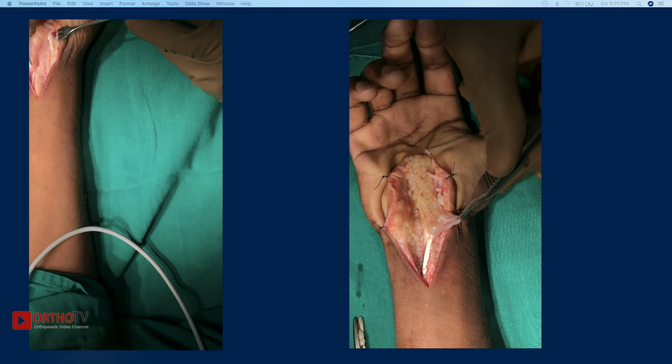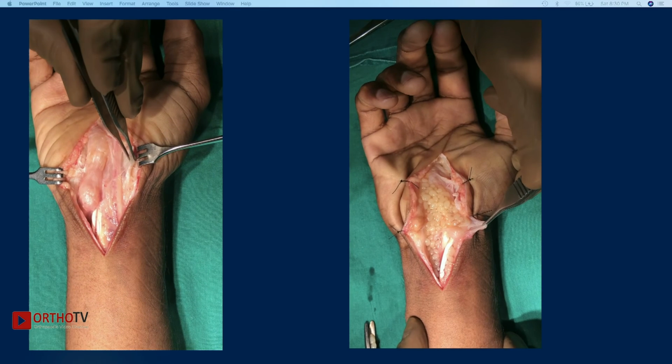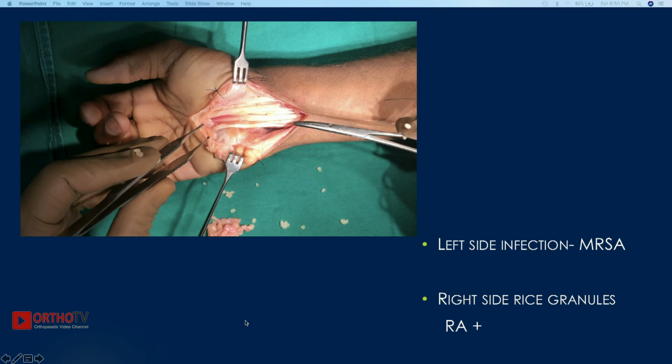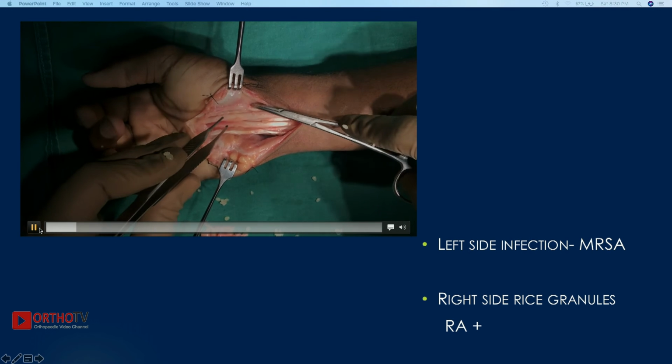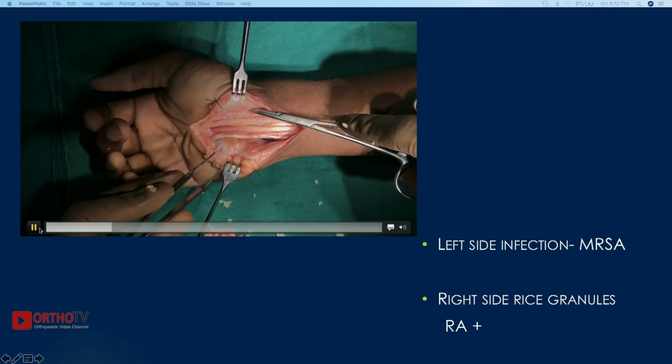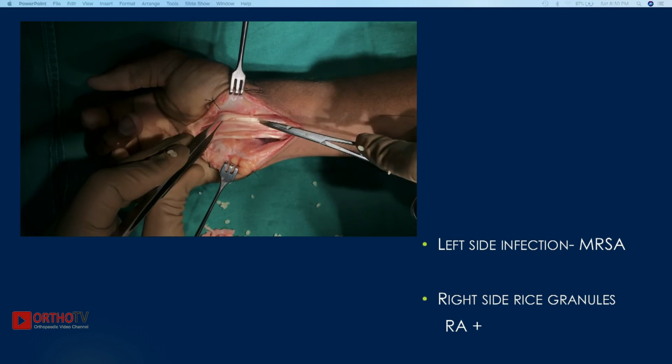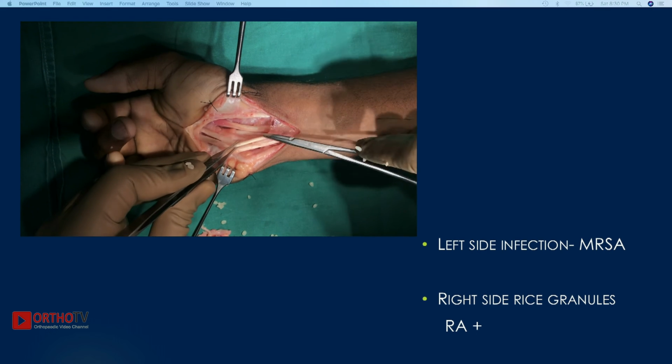And this patient had an improvement in the grip strength. But the opposite side, that sinus lesion, when we thought it was again rheumatoid arthritis, turned out to be tuberculosis. So I don't know what the connection was, or he definitely had two different pathologies. And then the left side came out to be MRSA, and of course he had a tuberculous infection, and that was completely drained. And this was after a total tenosynovectomy, all the flexor tendons were made free.